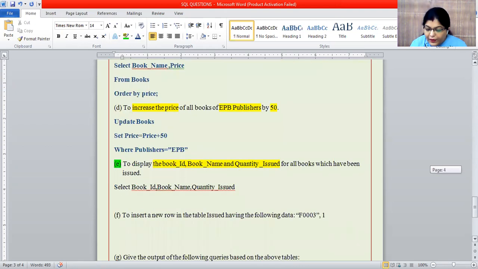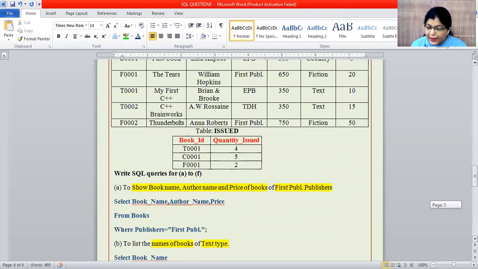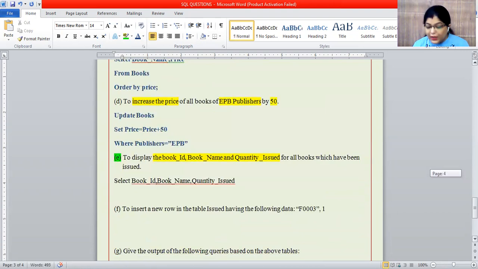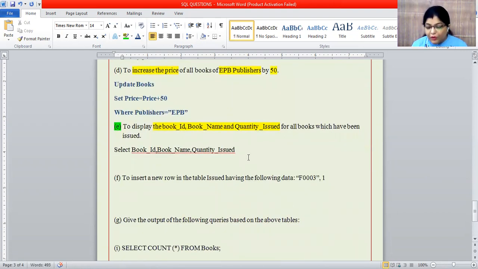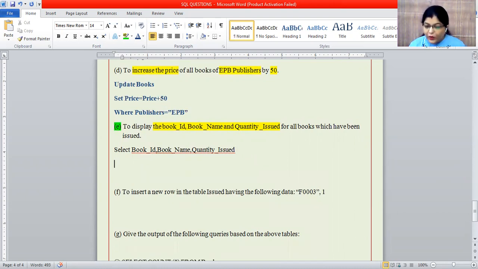And the next one, quantity issued, is in the next table. It means they are asking about columns which are in two tables. So firstly, we have to join these tables. How can we write the query when I want to retrieve the data from the two tables?